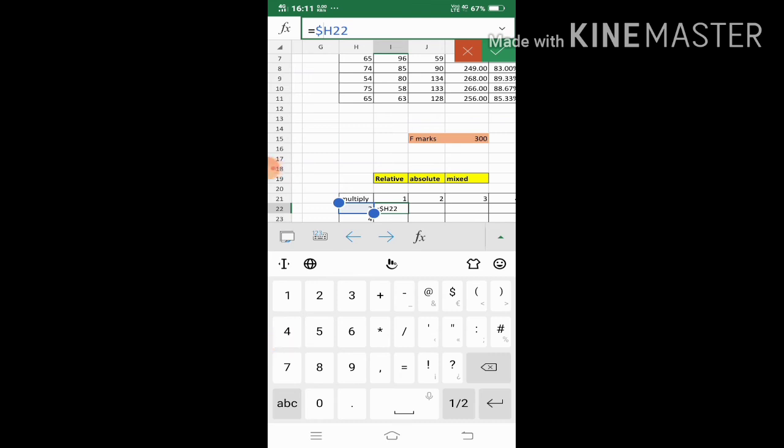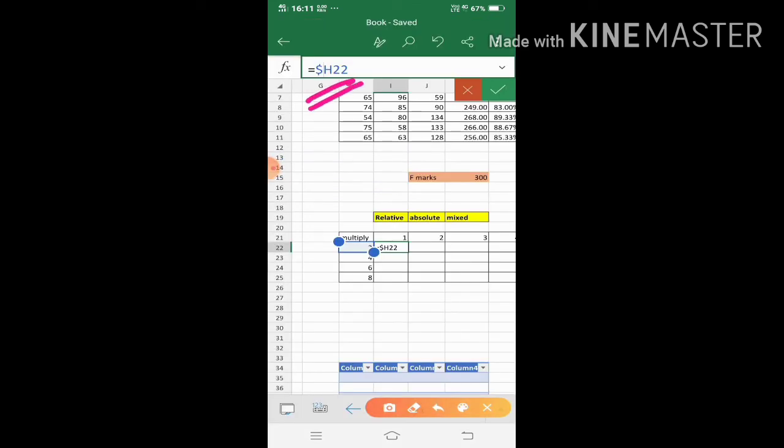So I have given $H because H is the fixed column, and 22 is the row number. The row number can vary, 22 then 23 then 24 then 25, this way, but H should be constant.